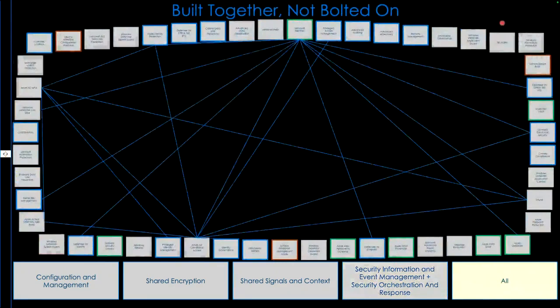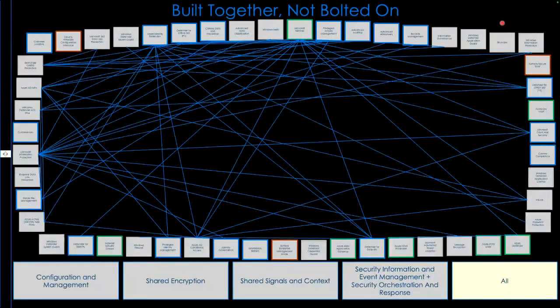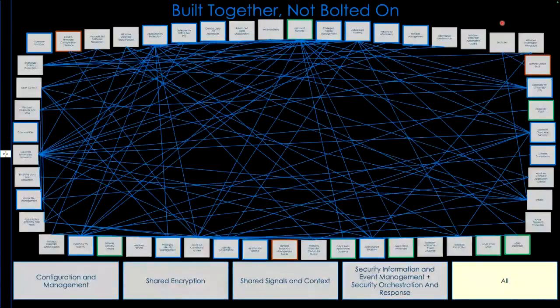Microsoft is building security services and solutions really tightly integrated with each other, and that is something we can really benefit from because of the rapid exchange of signals or telemetry, in real time or close to real time. One example I can give you is when you have some